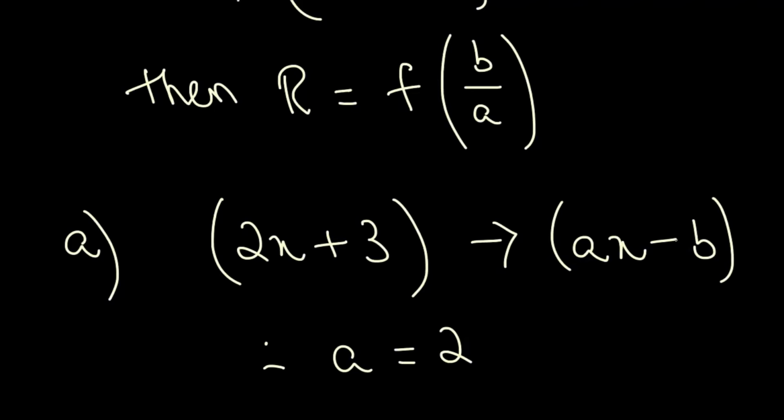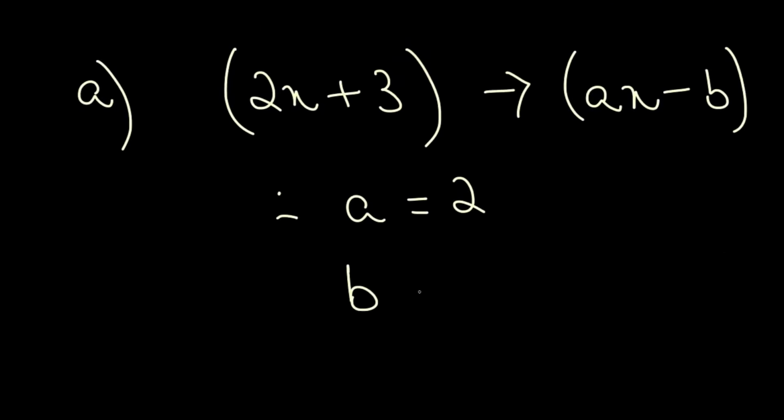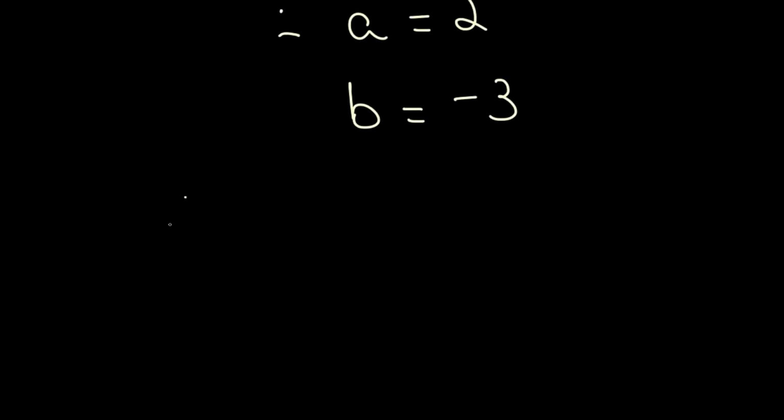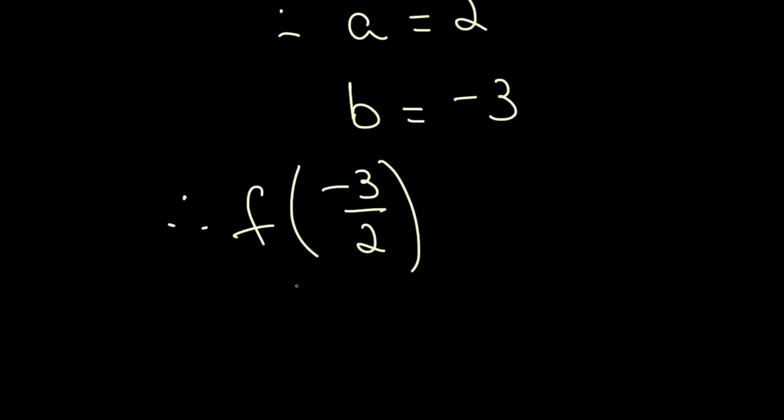And b, which has a minus sign before it, but the one inside the bracket in the question has a plus sign before it. Therefore, this must actually have been 2x minus 3 in order for us to get that plus sign to begin with. Therefore, excuse the scribble, b must equal minus 3 in order for us to proceed with this question. Therefore, f of negative 3 over 2 is what we need to find in order to answer this question by